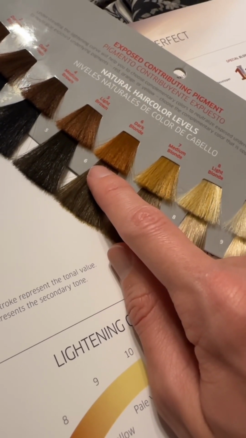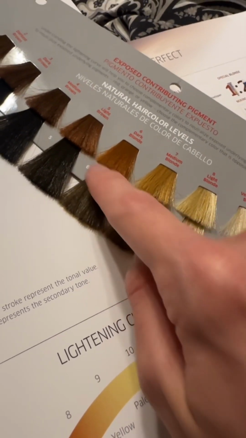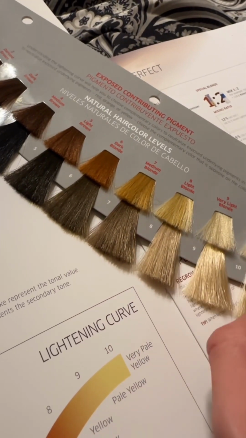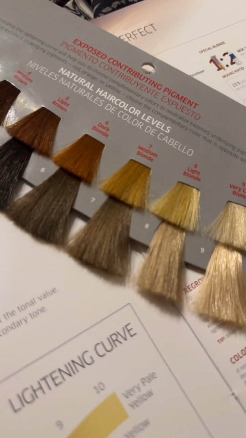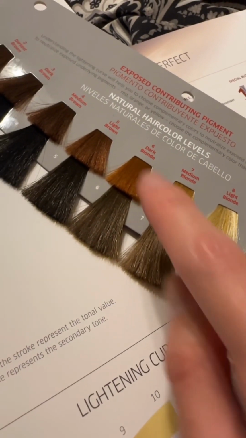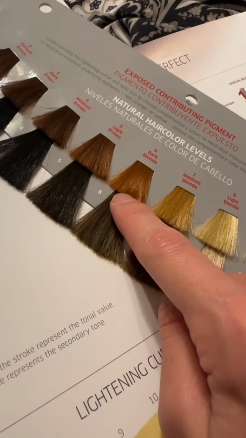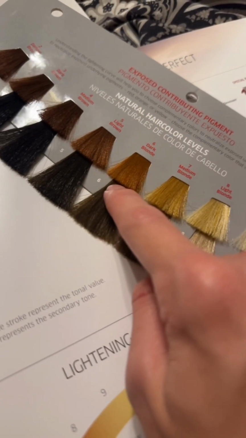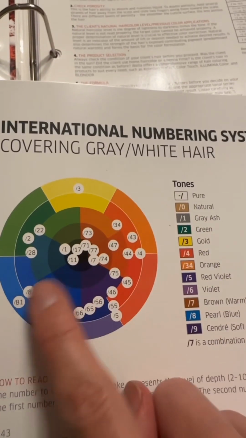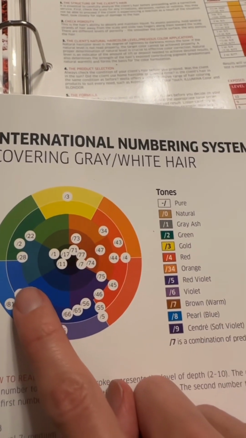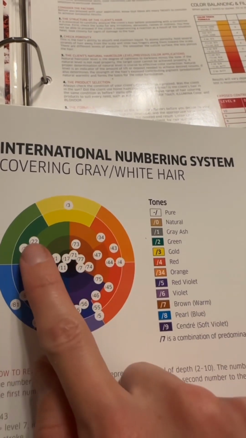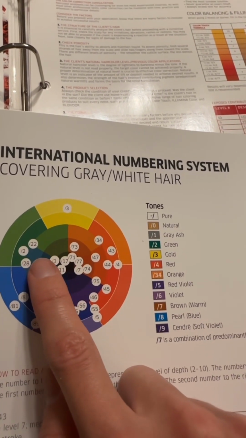So normally, if somebody wants to go any lighter than like 2 levels, you want to grab the lightener. Okay, so if we want to go 1 level from 6 to 7, and we know we have this that we want to cancel out or neutralize whenever we expose that contributing pigment, we're going to refer here, find what's across from it, and that's what we're going to use whenever we lift. What I would say is I might go more with like a 2